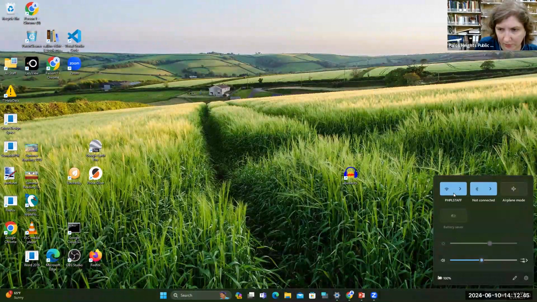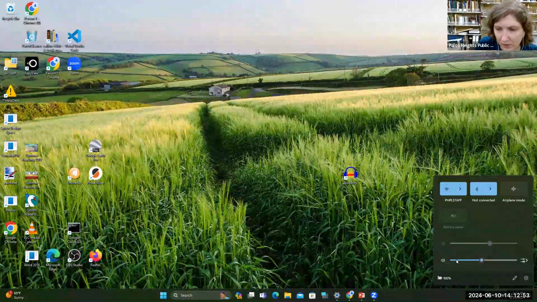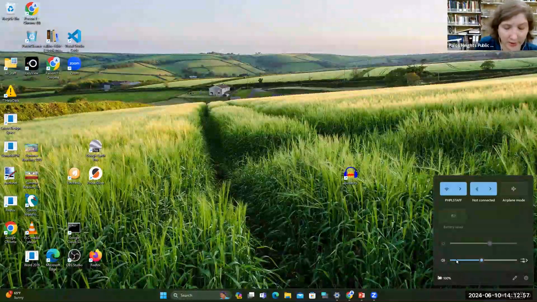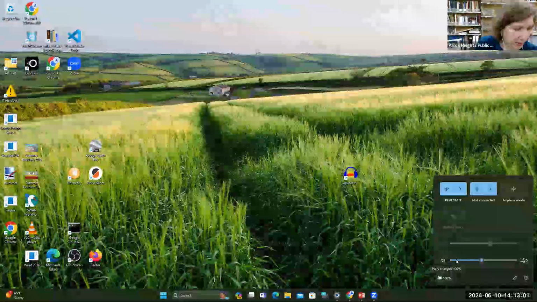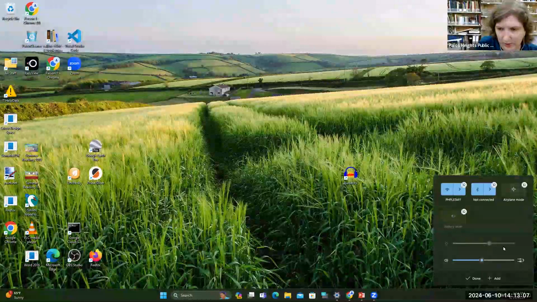And you got Wi-Fi, Bluetooth, airplane mode. This one I don't have focus features set up on it. Also in the bottom here is how much a percentage the battery has, since I am actually on a tablet, not a PC. Here is where you can edit what would appear on these settings.